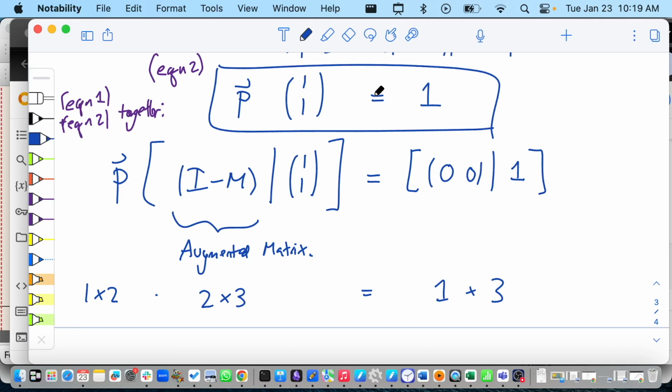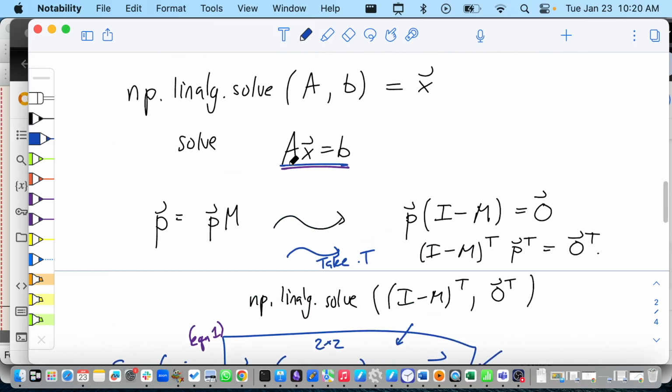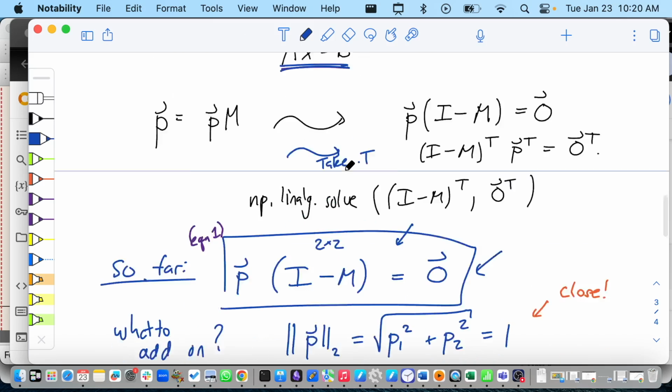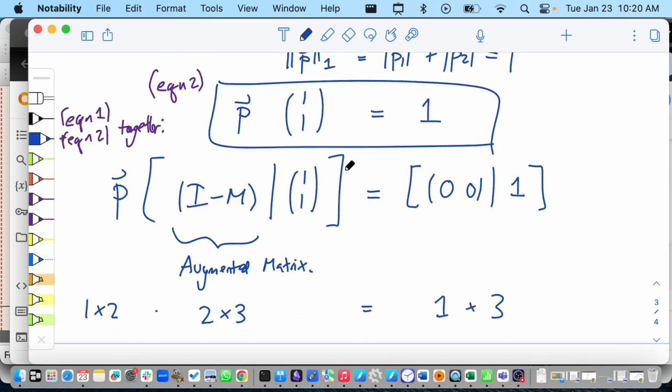So by counting the dimensions and using what we know about linear algebra, you know this is going to have a solution. And this one you can enter into the computer because it's something Ax equals b, right? It's the same as Ax equals b, where now A is a 2 by 3 matrix and b is a 3 by 1 vector. Okay, so this is the one you're going to enter into the computer. Any questions or comments so far? Any linear algebra class questions?